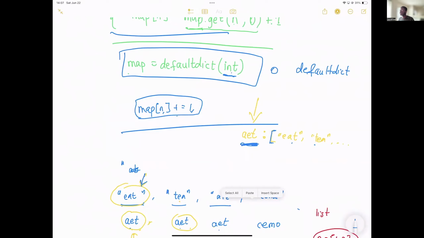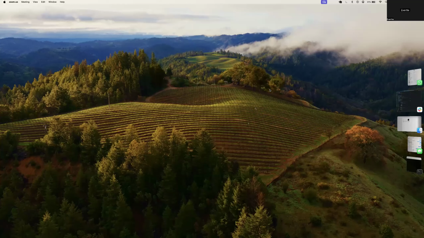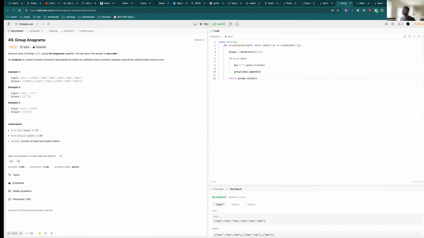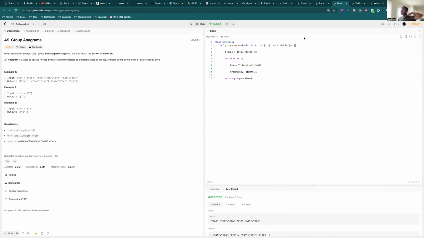Let me stop screen share for this. Can you see my desktop? Wait, which of my screens can you see? Is it a timer? Yeah, the timer. No, I don't want to see the timer. Okay, can you see this one?